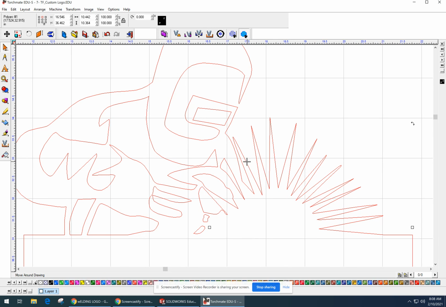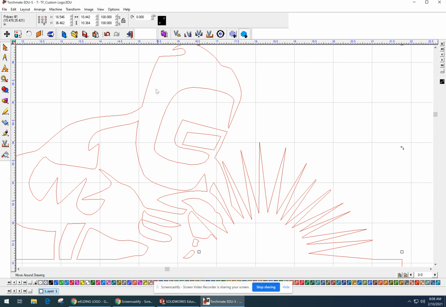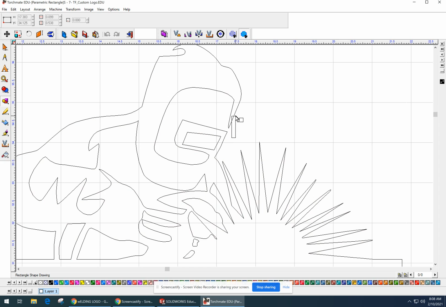Another thing I don't like in this particular image, and if you guys are doing your own custom logos, you're going to have to take a look at these yourself, but I don't like that this is all wide open, because that means all the weight of this whole helmet and stuff is supported by this little piece of metal and this metal over here. So I think what I'm going to do is just like we did before, I'm going to weld something right there. So I'm going to just get a rectangle,